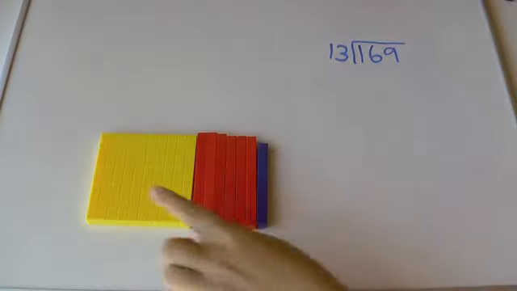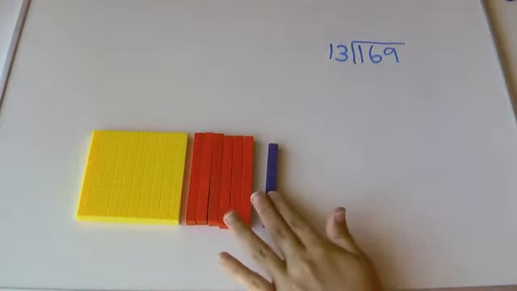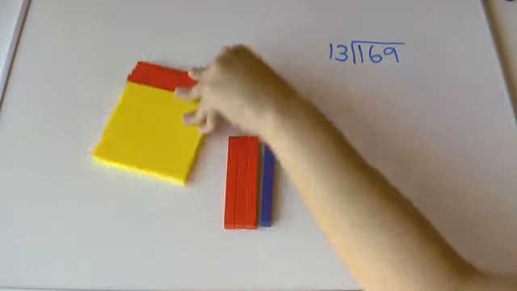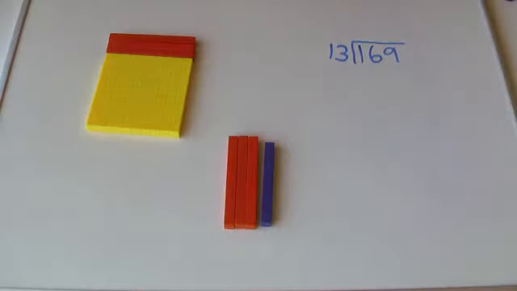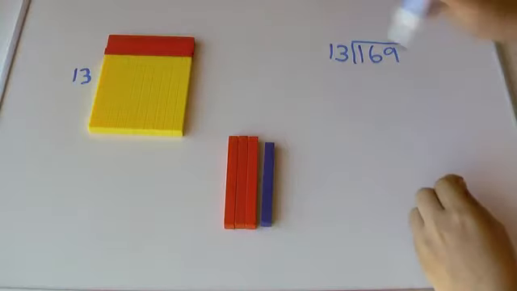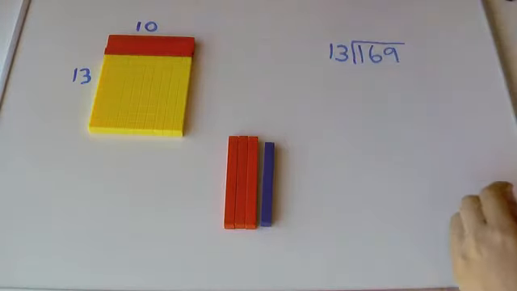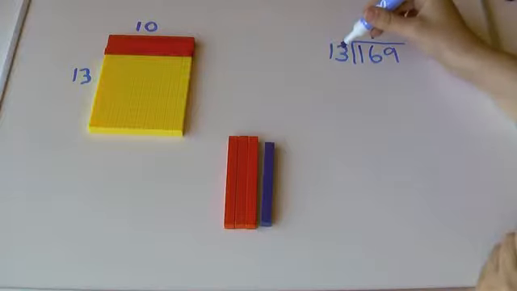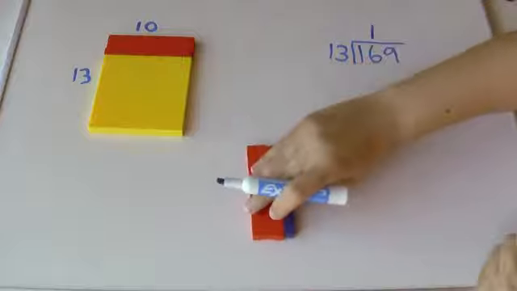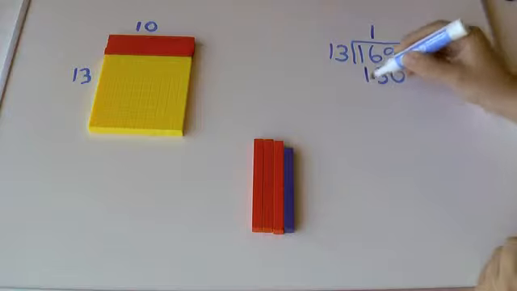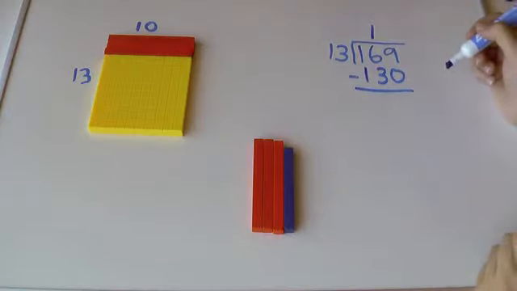169 divided by 13. So I have 100, and I have 60, and I have 9. And I want to make that into a rectangle with 13 on one side. So the first thing I see I can do is that. So I've made a rectangle with 13 on one side. There we go. And on this side I have 10. So I've gone across 10. So I'll put a 1 in the 10's spot. And 10 times 13 is how much I took away from my original amount down here. 10 times 13 is 130. So I took away 130, and now I have